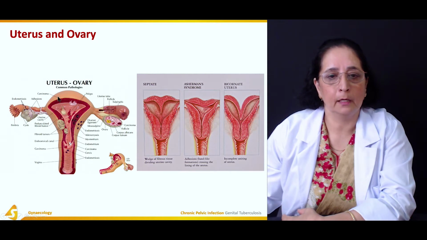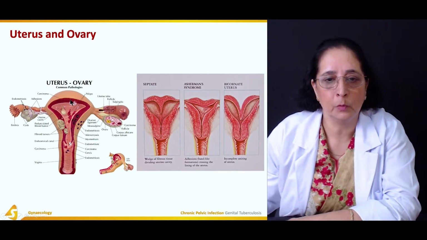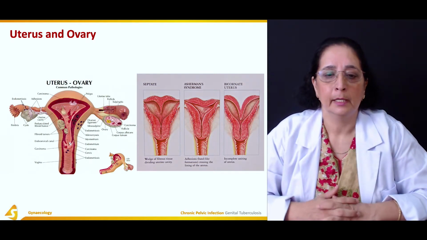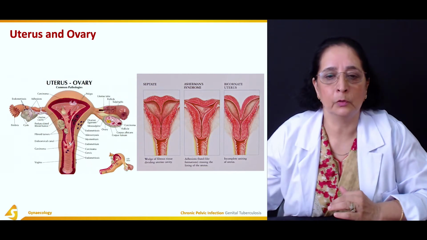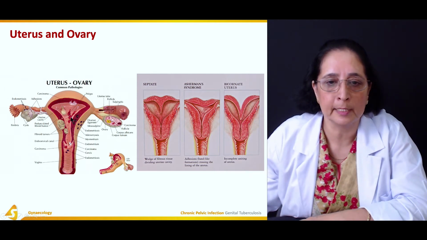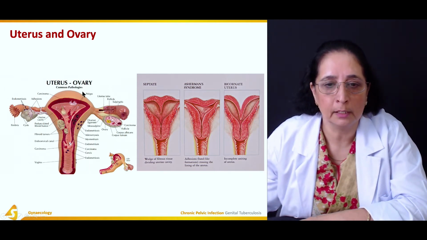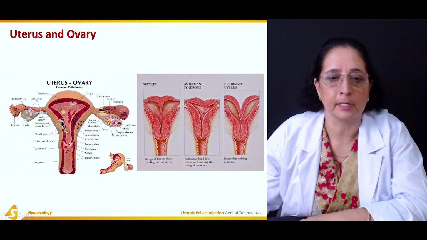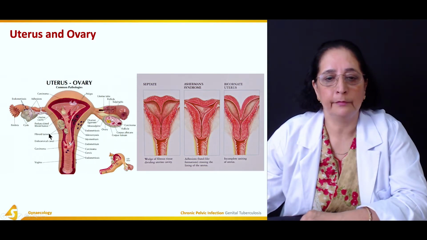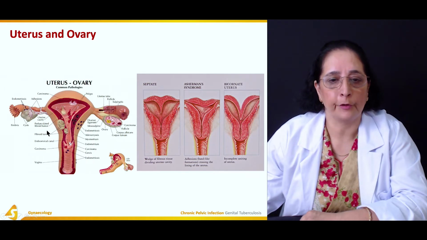This is again the carcinoma inside the uterus. This is the carcinoma. This is the polyps. Polyps are the growths, smooth muscle growth. They can be sessile or they can be pedunculated. So these are the growths present inside the uterus. These are the polyps. These are the fibroids. Fibroids are again the growth due to the smooth muscle cell proliferation.